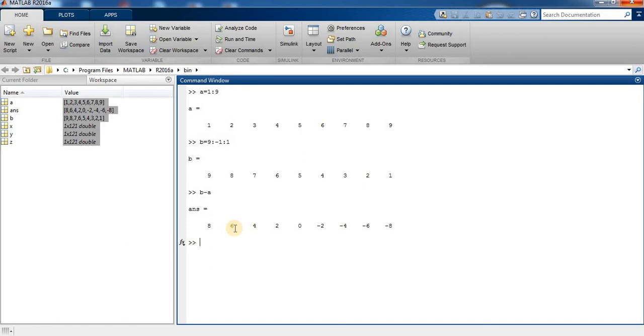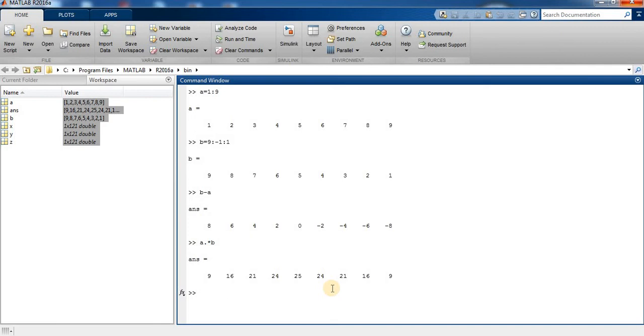For array multiplication, we perform a dot star b, press enter. So you can see 9 multiplied by 1 is equal to 9, 8 multiplied by 2 is equal to 16, 7 multiplied by 3 is equal to 21, and 6 multiplied by 4 is equal to 24, and so on.